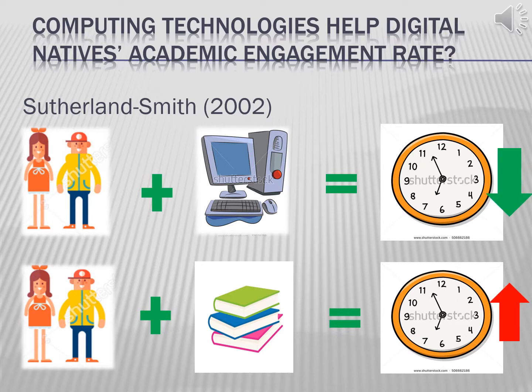Prensky believes that the education system needs to change and include more computing technologies to help students' education. However, research looking into the relationship between students and technology has found that the internet encourages nonlinear thinking and students rely on the internet to find results and information needed to complete a task quicker than if they were using books. Therefore, there is less engagement with academic material and the learning has almost become about how little time it takes to complete a task.